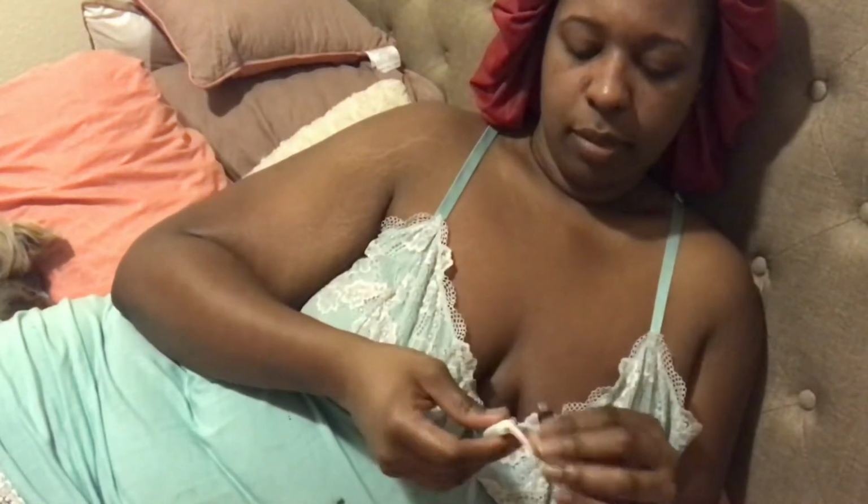I have my mask here. I keep my water underneath my, what is that called? Nightstand. I make sure that all my devices that I need to be charged are plugged in. So this is my backup charger. It's been charging all day, so I can unplug that. I haven't used my Bluetooth speaker all day, so I don't have to plug that in. But I will plug in my headphones